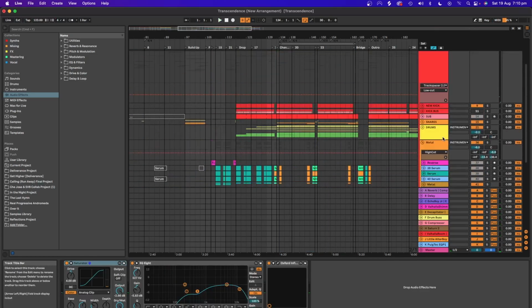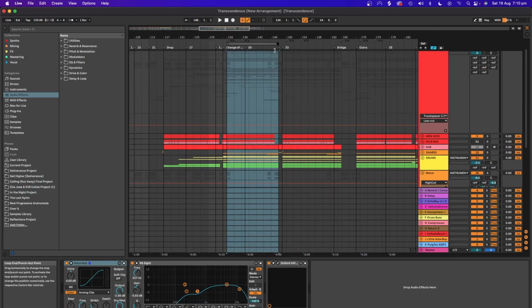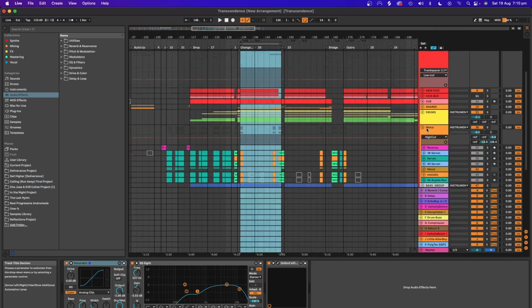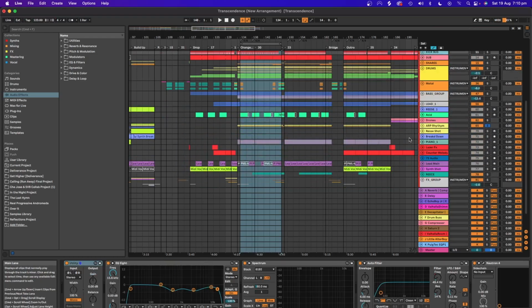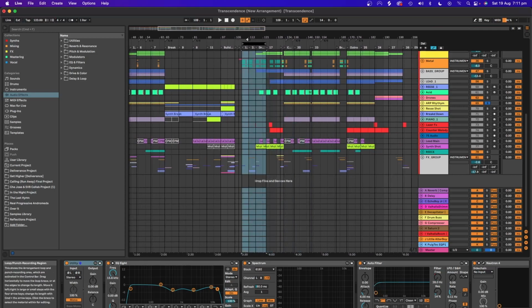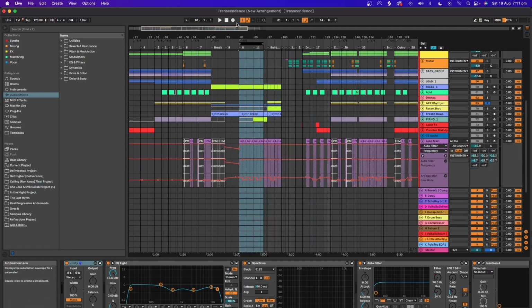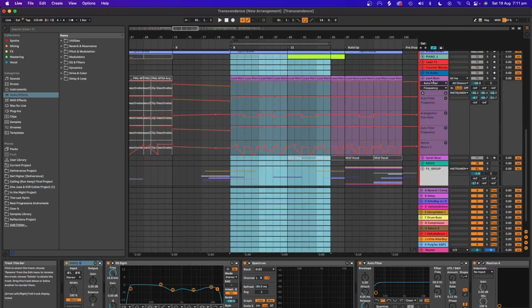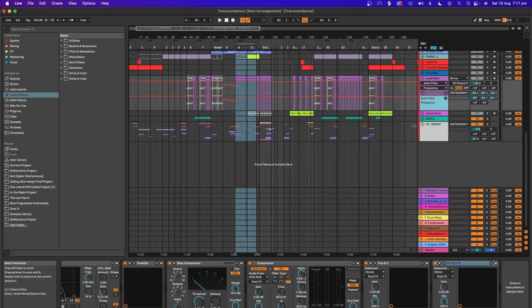So as I said, this track is pretty much a recycle of Andromeda, but I have changed some of the components in there. And that's really it. I don't really want to go into any other parts of this track because I think I've covered how I do my kick and sub in other tutorials. But if you do want me to cover some of the other components in this track, please feel free to comment below. I think the most interesting part is definitely that kind of drop lead that comes in there and how the Andromeda lead is automated to give us some life and make it seem a little bit more organic and not so robotic.